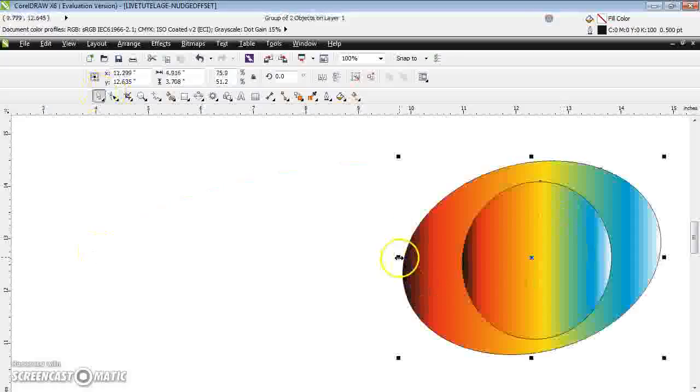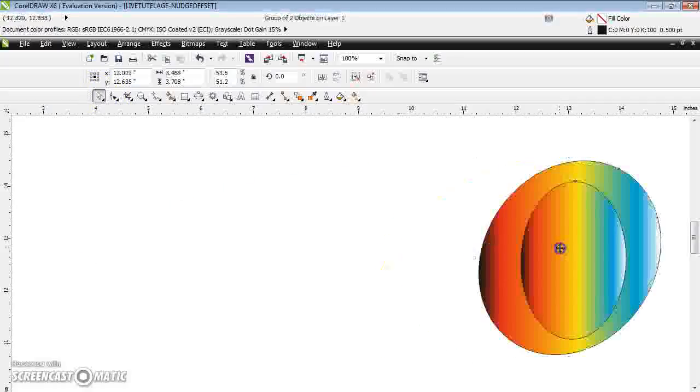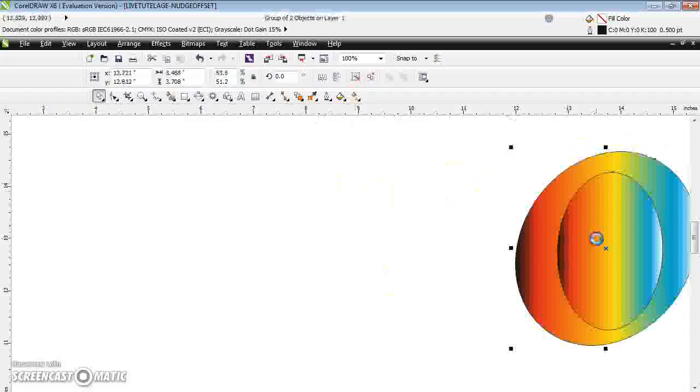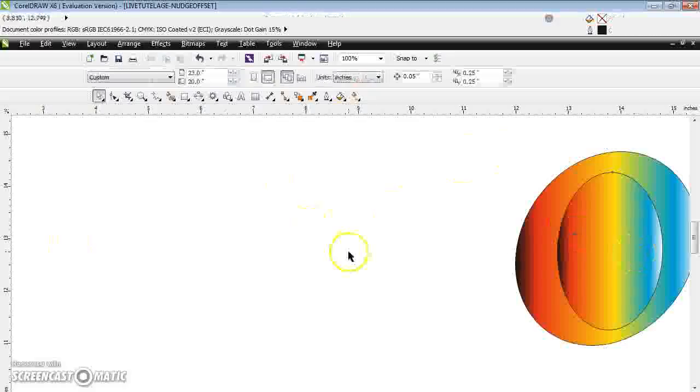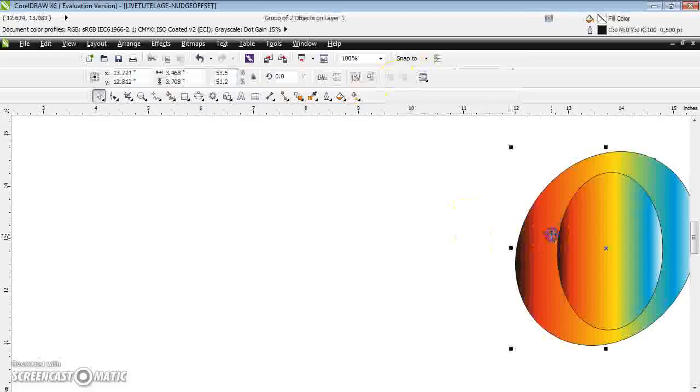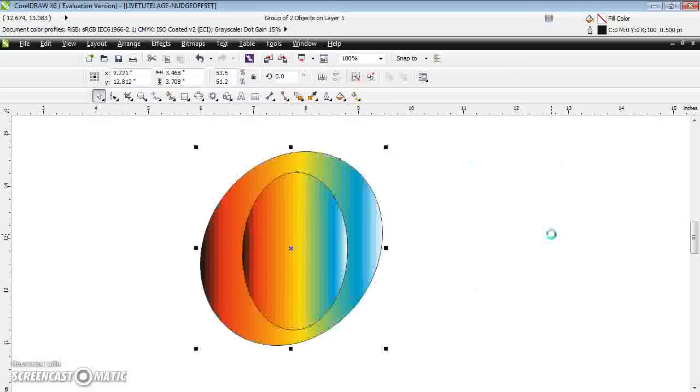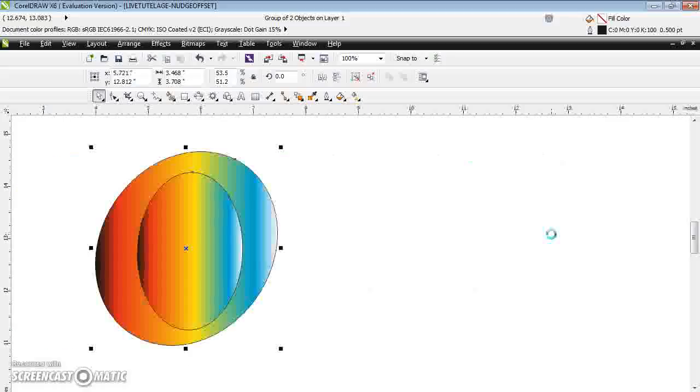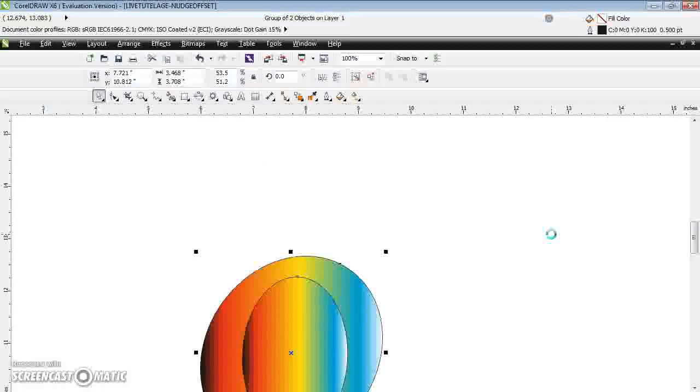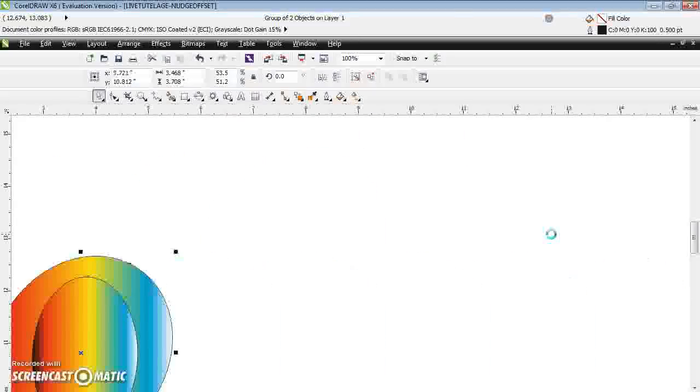Now this is my object, and I want to move it from this position to the starting position. If you choose a very high nudge distance and select the object, now use the arrow keys, it is moving very fast, up, down, left and right.